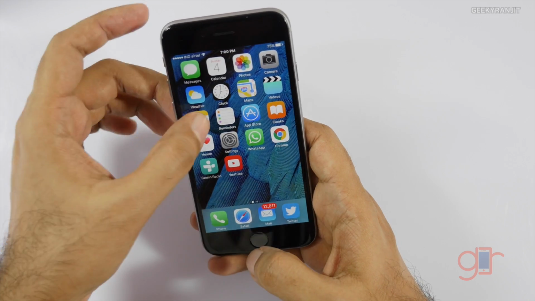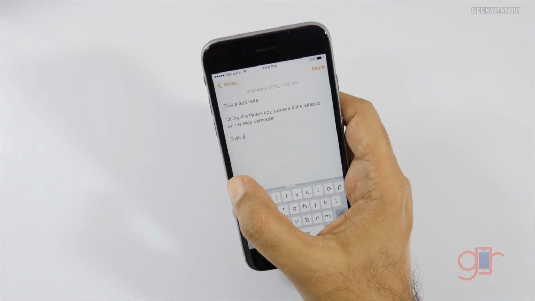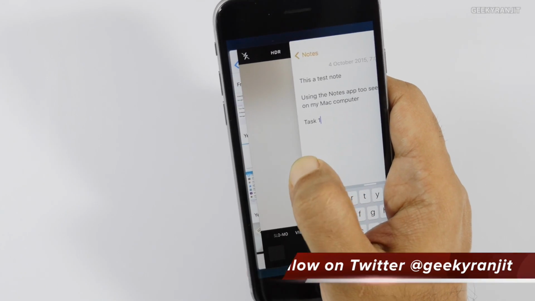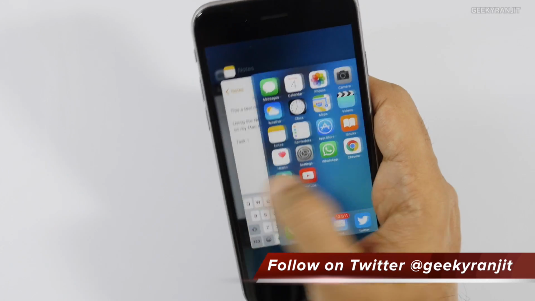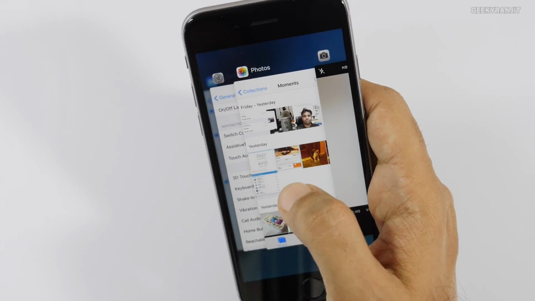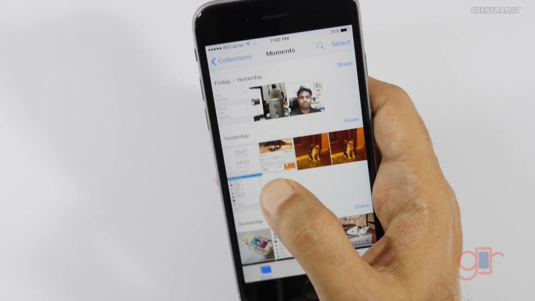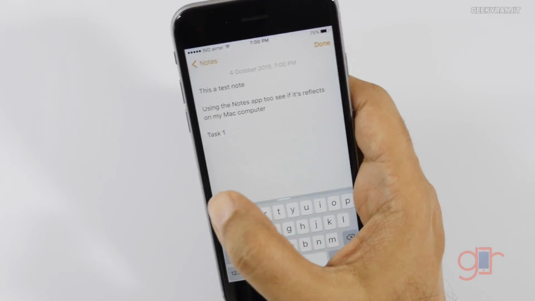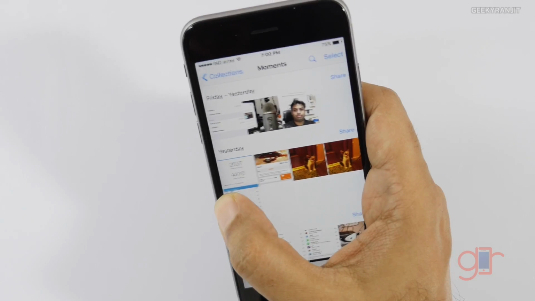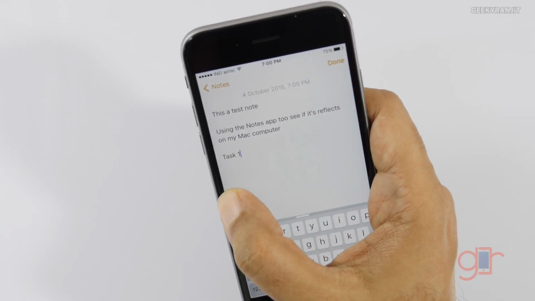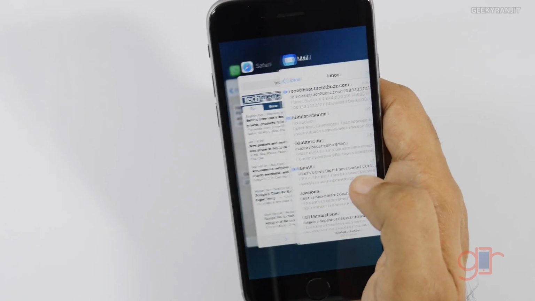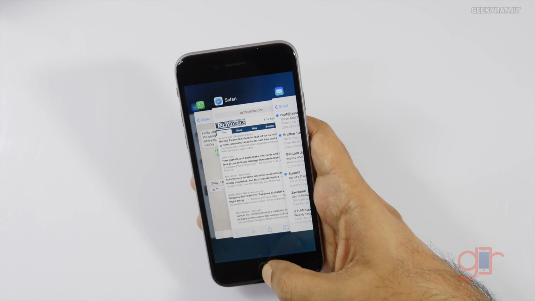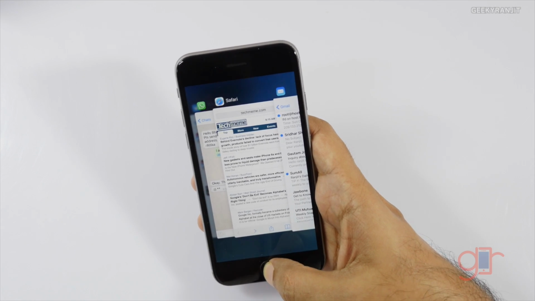Another thing, let me open this back, is the multitasking. This is a little bit difficult, I would say. If you force touch from the side, as you can see, you can go back, and if you leave it, you access your multitasking tree like this. For example, let's go to this Photos app, and you can also use this to switch between the apps. If you just force touch like this and just move all the way, it goes back to your last app. So you can just use this feature to move between two apps. But if you want to go to the multitasking, hold it and leave it. And this way you can access the multitasking. This, I would say, does take some time to get used to. But again, I feel it's a useful feature.